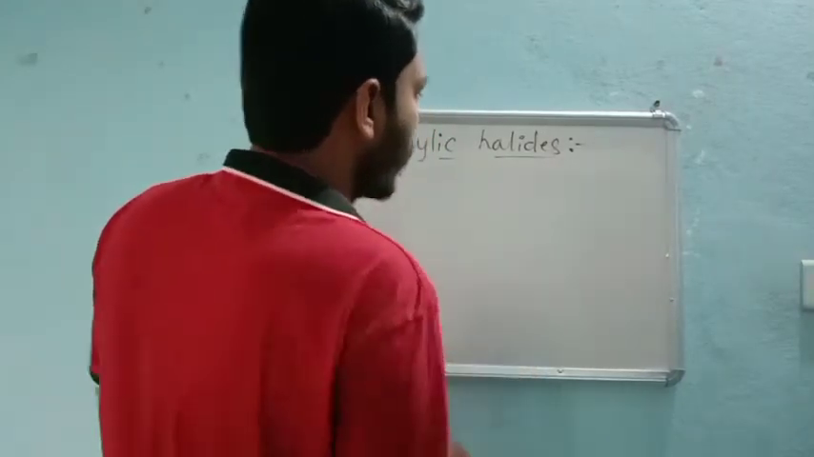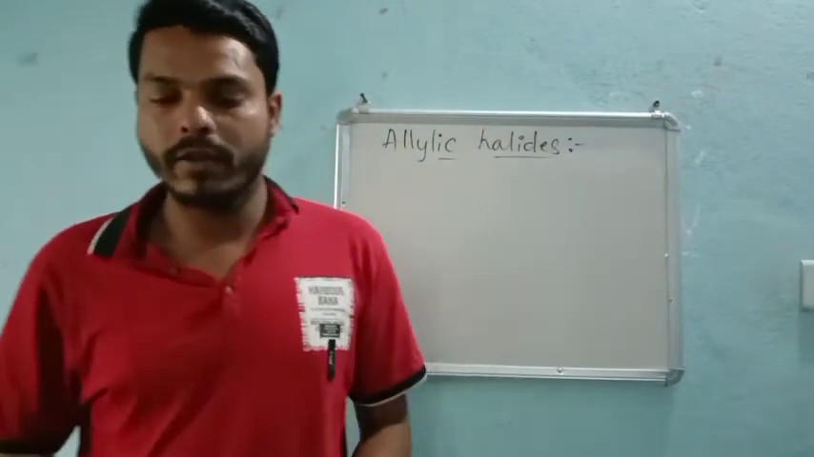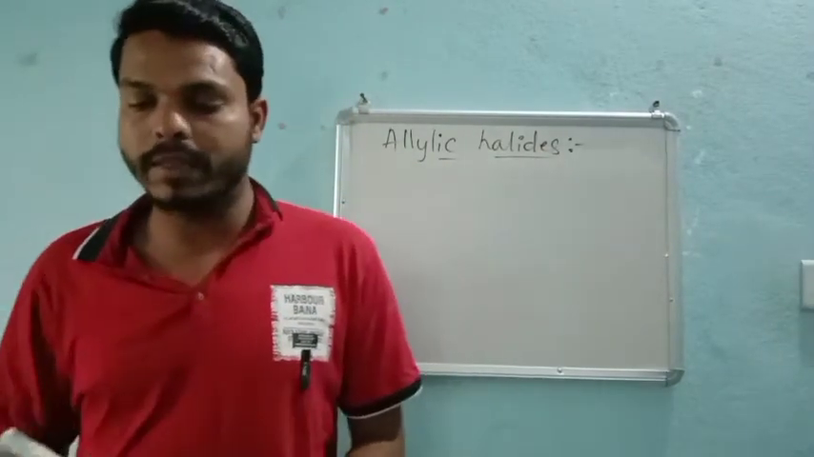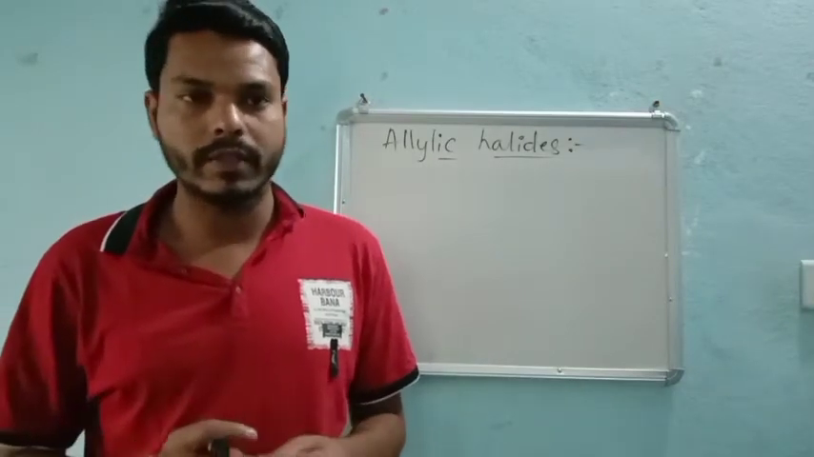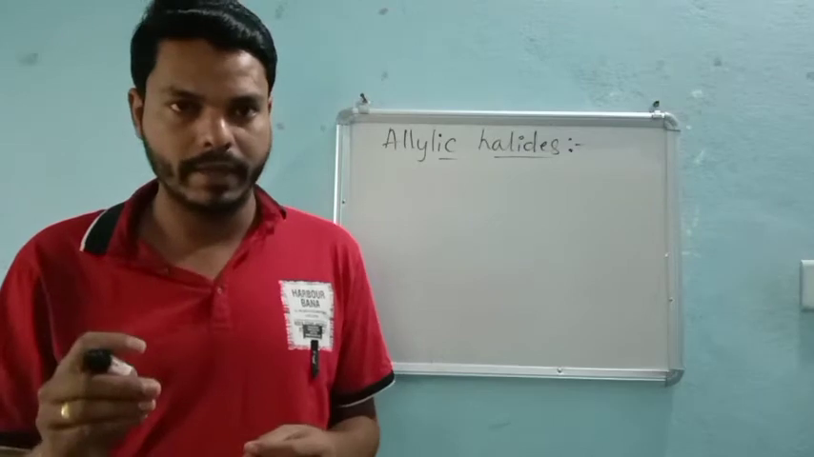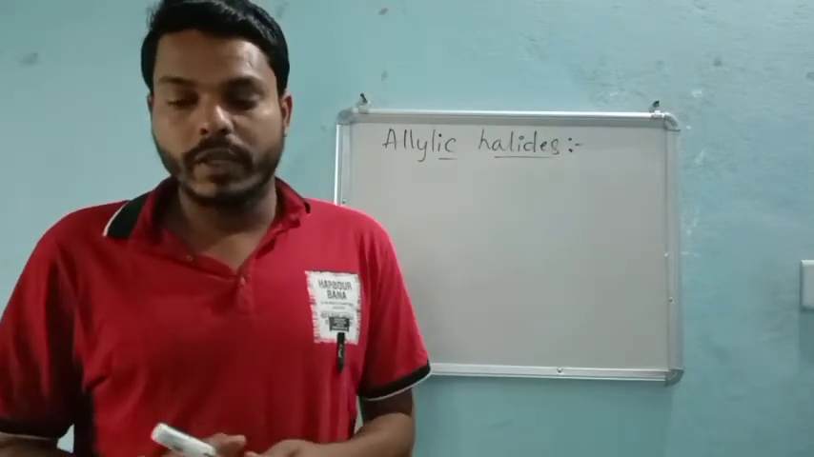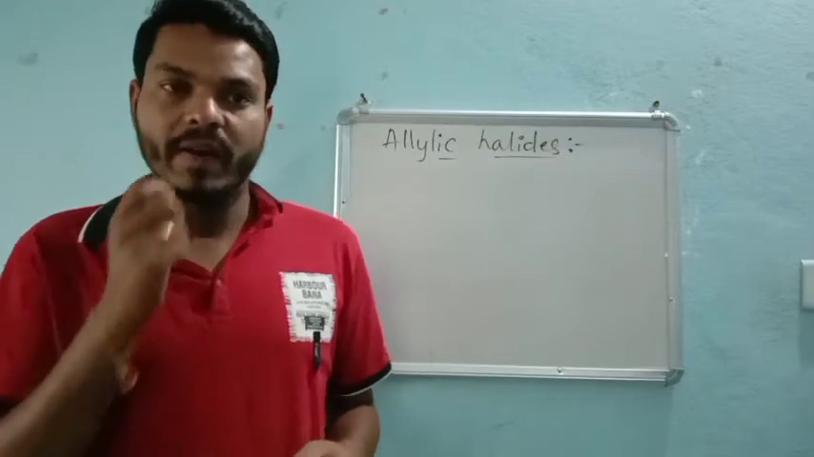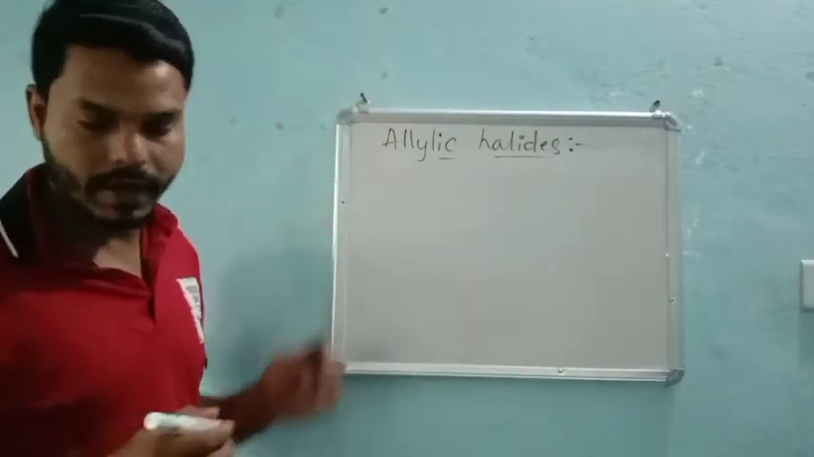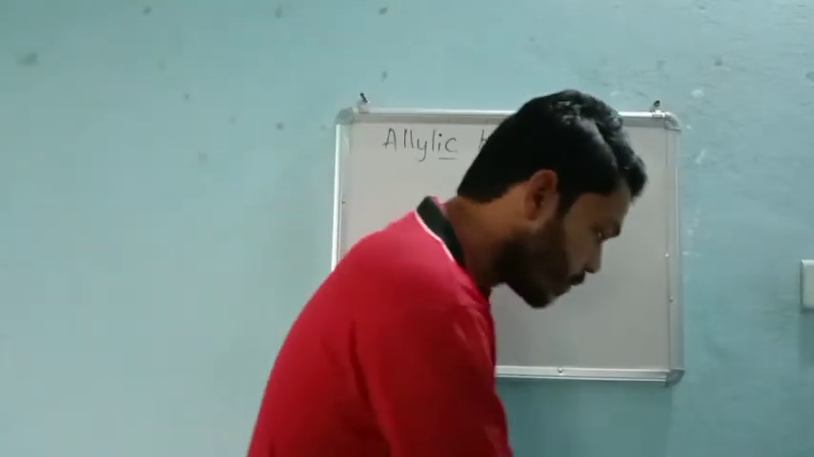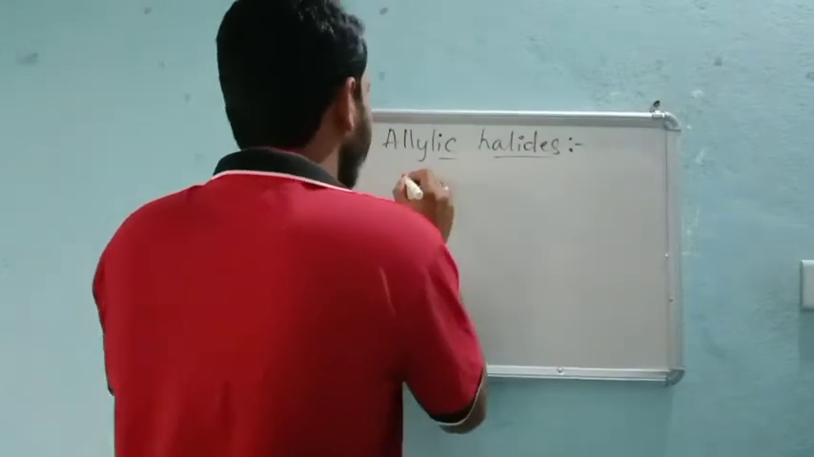So now, if you know these, then definitely allylic halides, or allylic haloalkanes, we can say. Here the halogen is attached to an sp3 hybridized carbon next to the carbon-carbon double bond. I will write this definition, otherwise you will get confused. So now the halogen is attached to